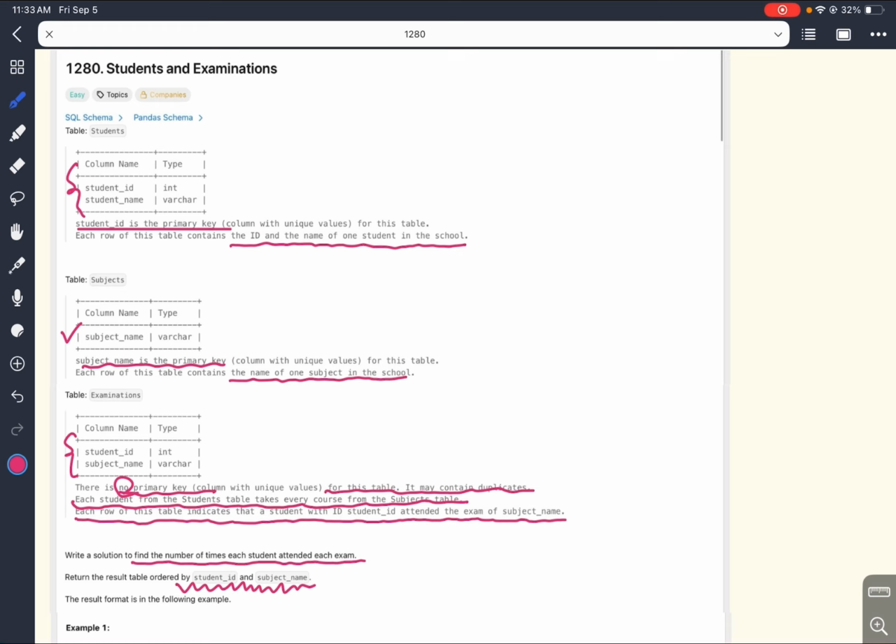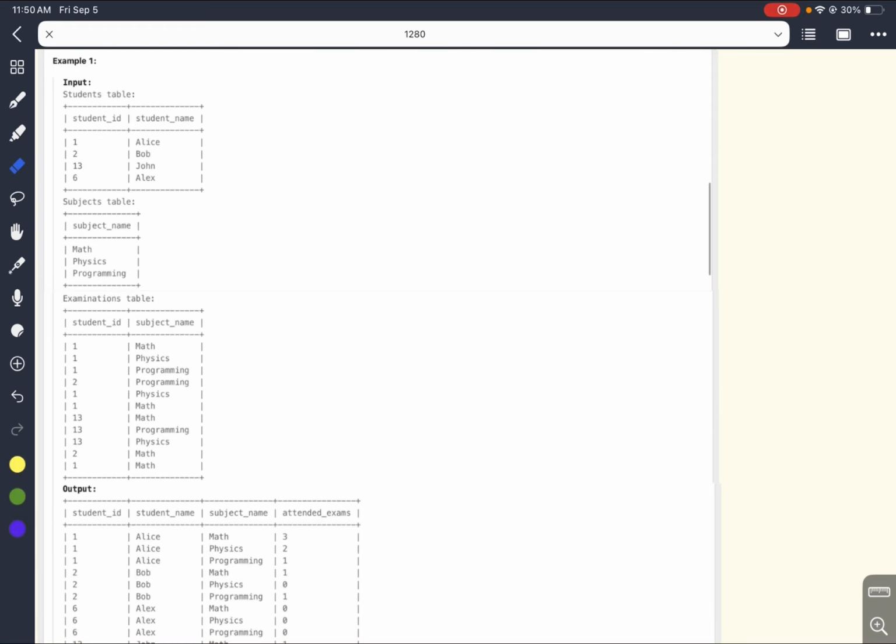Let's take a look at one example. In example 1, the students table has 4 records with the student ID 1, 2, 13, and 6. The subjects table has 3 subjects at school: math, physics, and programming. The examinations table here recorded every student ID and the examinations that they attended for each subject. For example, student 1,